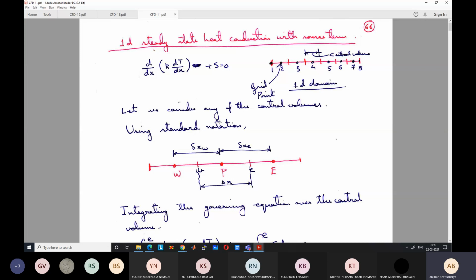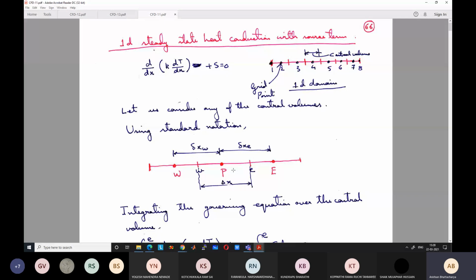So this control volume length is delta x, and the distance between the grid points, we had called delta xe, the distance between P and E, and delta xw, the distance between W and P. So this is the generalized form. For a normal problem, most probably you will have delta xe equal to delta xw equal to delta x. All these three lengths will be equal if your grid spacing is uniform. If you have different grid spacing, varying from one side to the other, then these values will be different.